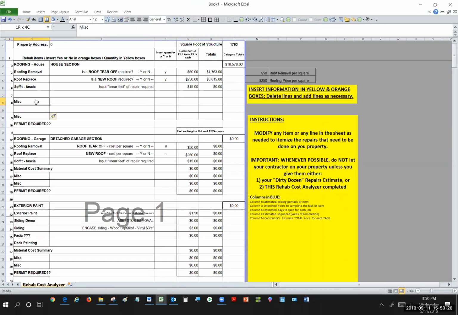So what I'm going to do is put in another miscellaneous, and notice how these numbers went out of whack when I added that row. But I'm going to go back and correct these numbers later, okay? Because I'm going to be doing a lot more adding and subtracting as we go. The other thing that I don't like here, you guys, is that it makes it a little bit hard to see sections. So one of the things we can do is I can come back over here and